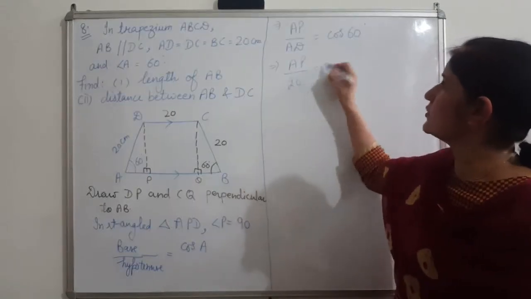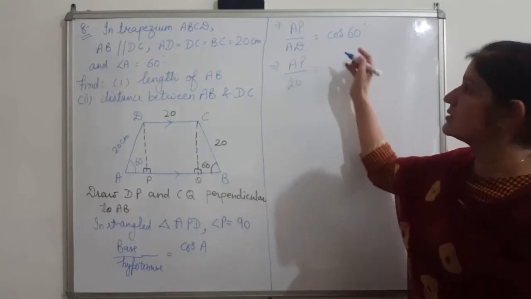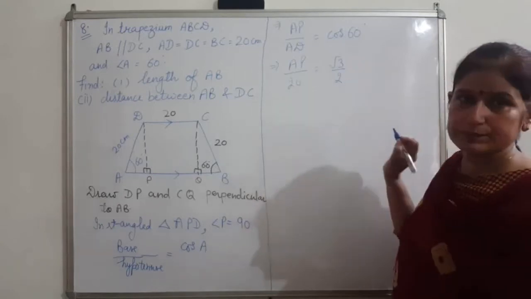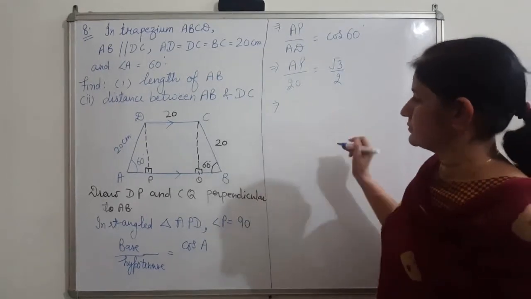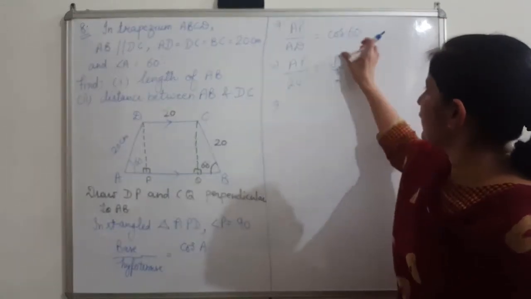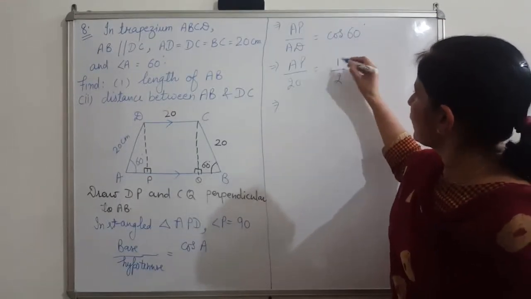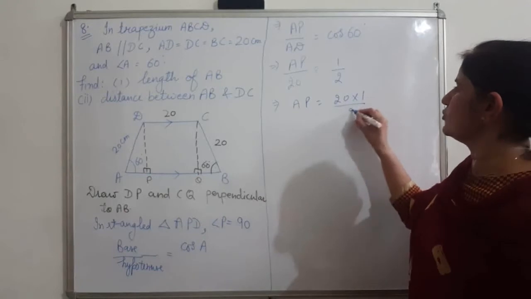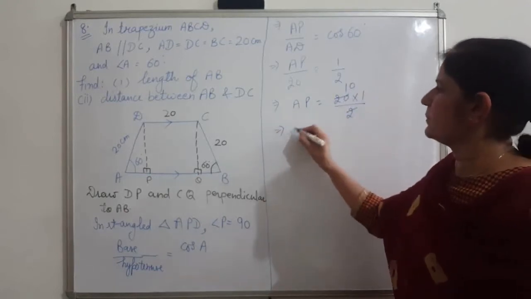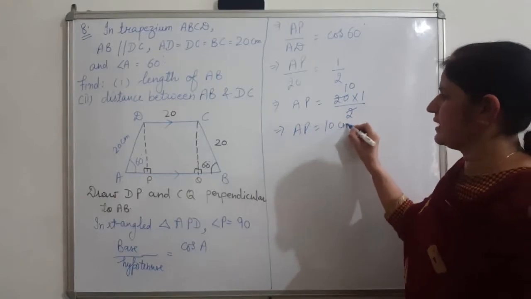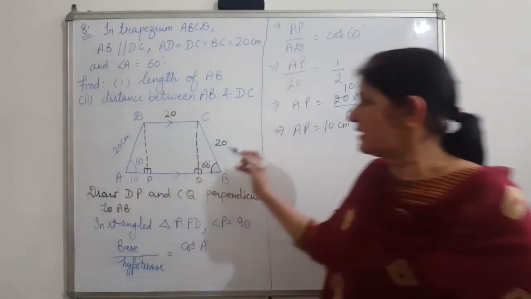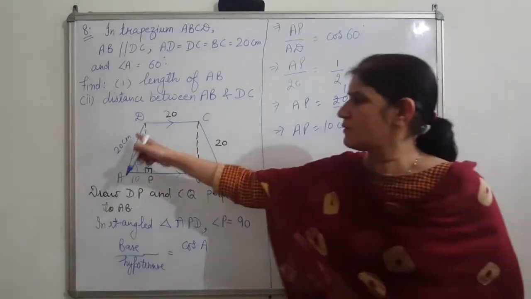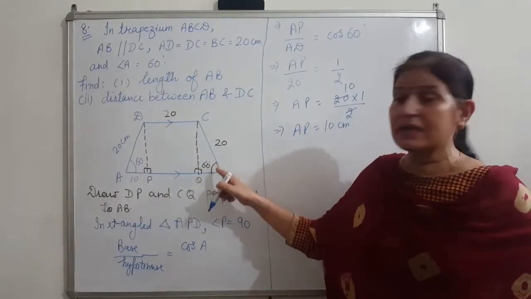20 centimeter, we substitute. Value of cos 60 is what? Root 3 over 2. Sorry, 1 over 2, not root 3 over 2, it is 1 over 2. So, what is AP? 20 into 1 over 2, so it is cancelled. So, length of AP is 10 centimeters. So, this is 10. Similarly, in triangle CQB, angle Q is 60, length of BC is equal to AD. So, it will also be the same because the angle is also equal.